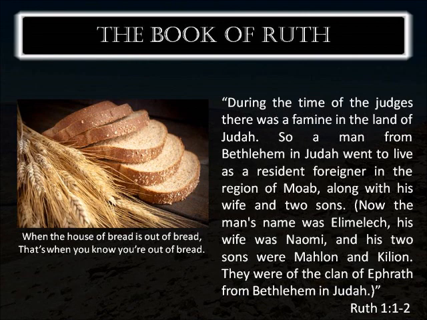And they're going to settle there. Now, interestingly, this group is from Bethlehem. And you should have already remembered that word lehem from last week when we talked about foodstuffs. It's the word for bread. And you've got a pretty bad drought when the house of bread, literally that's what Bethlehem means, when the house of bread is out of bread. But here we are in the middle of a drought at the end of the period of the judges, and things are going badly for this family.